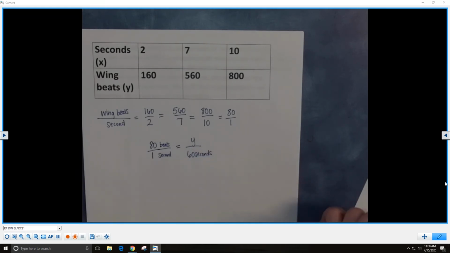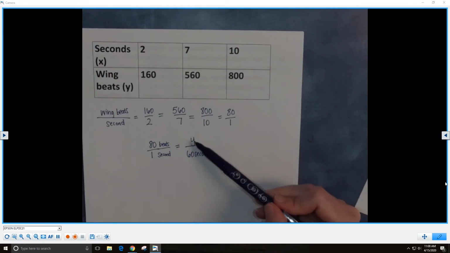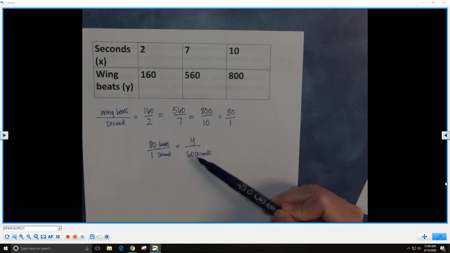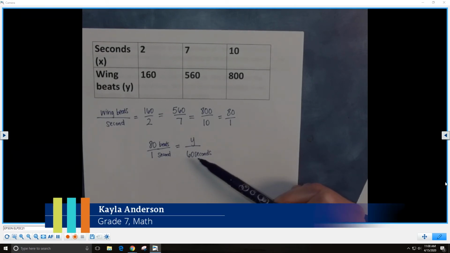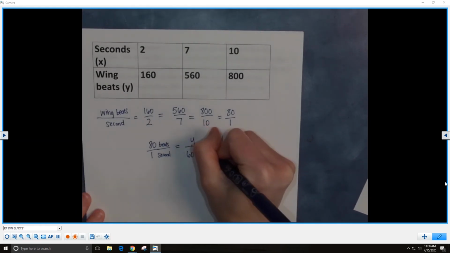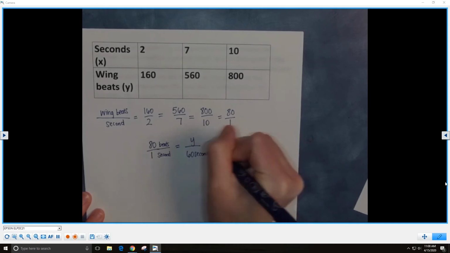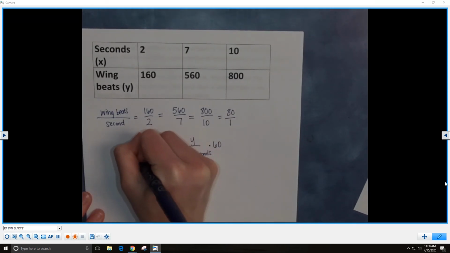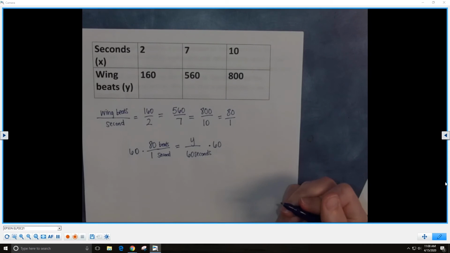Well, we need to get rid of the 60. How can we do that? Well, the y is being divided by 60, so we can use inverse operations. What's the inverse of division? It's the inverse of dividing by 60. Right, multiplying by 60. So if we multiply both sides by 60, then this becomes